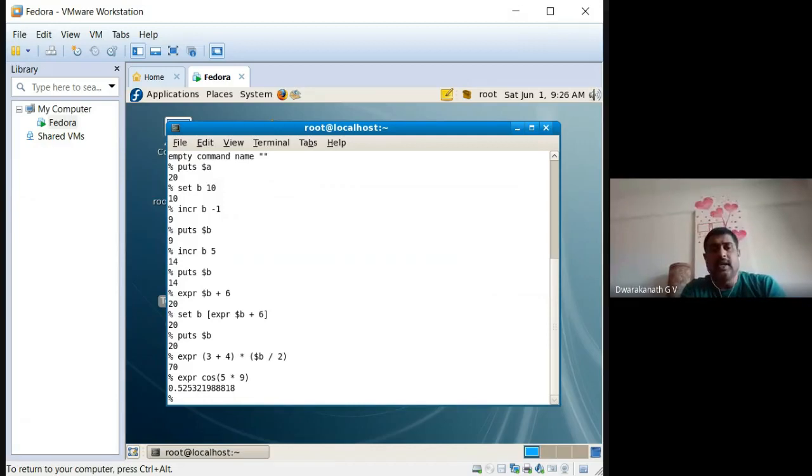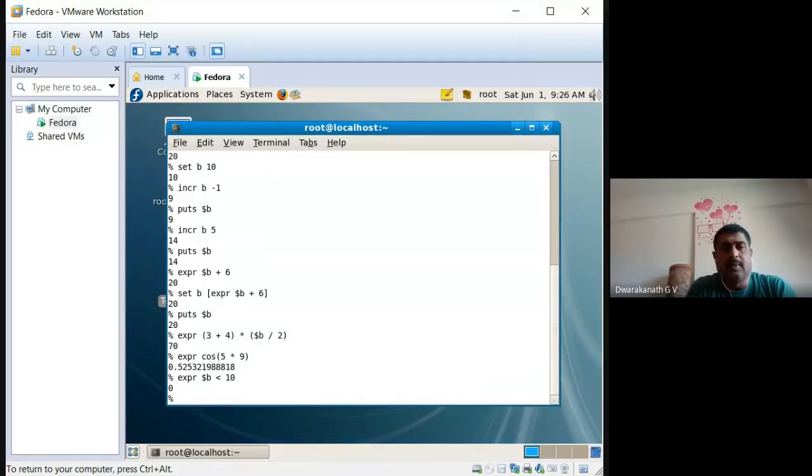Then using EXPR, you can even compare two arithmetical values. That is EXPR, for example, $B is less than 10. Assume, just for the sake, I have given like that. Then what will be the value? It is 0, that is, false.